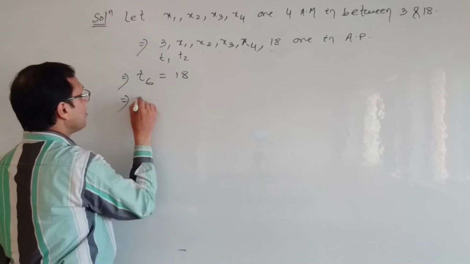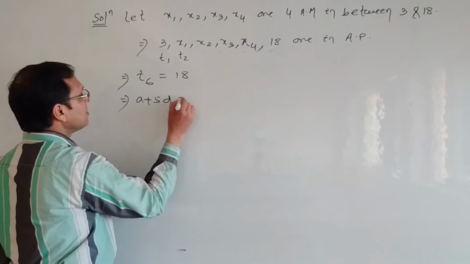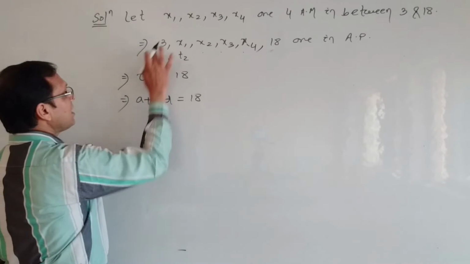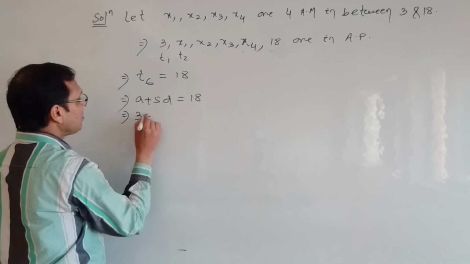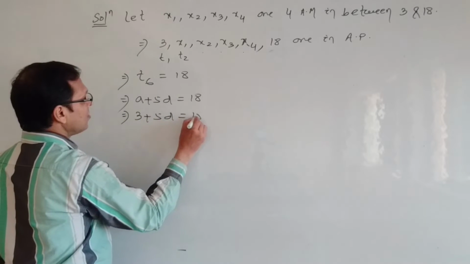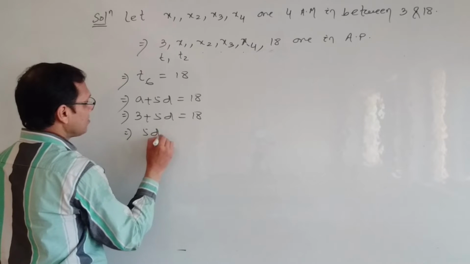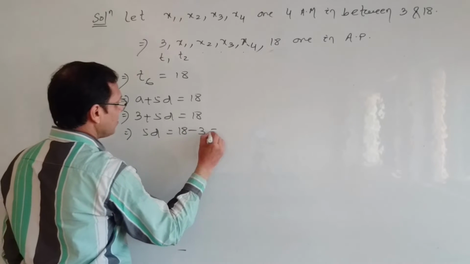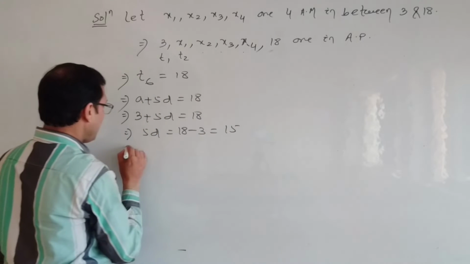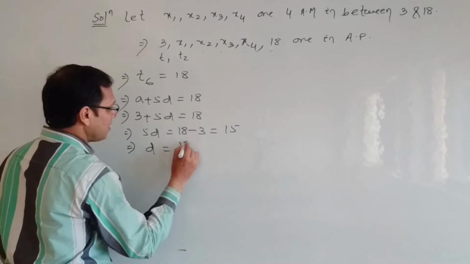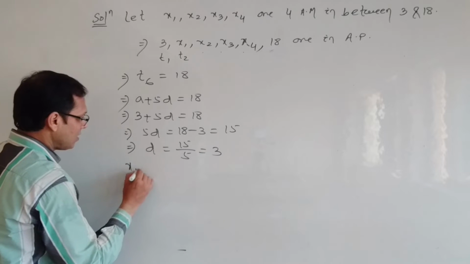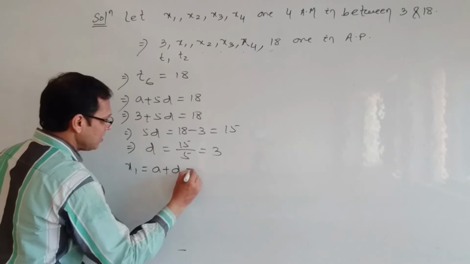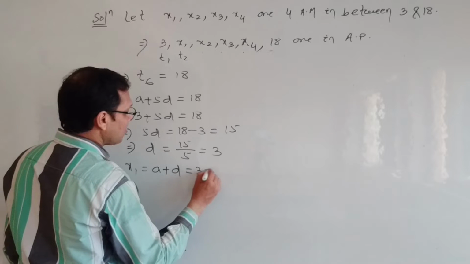That is nothing but a plus 5d is equal to 18. What is a? a is equal to 3, so you can write 3 plus 5d is equal to 18, or 5d is equal to 18 minus 3, that is 15, and d is equal to 15 by 5, that is nothing but 3. So x1 is equal to a plus d is equal to 3 plus 3, that is 6,